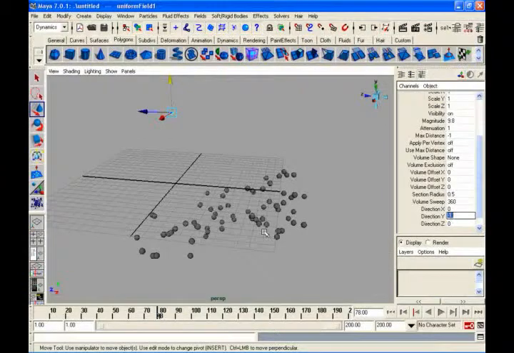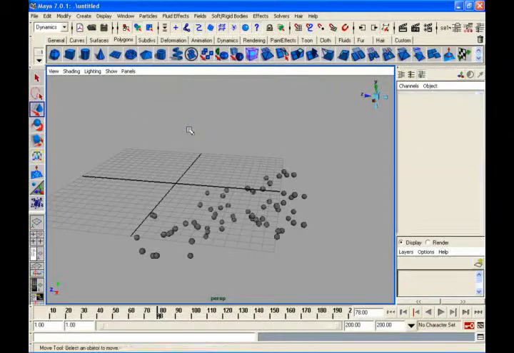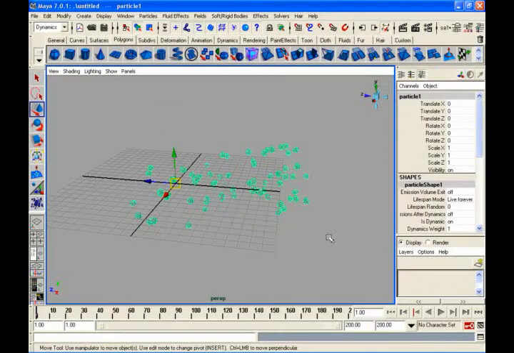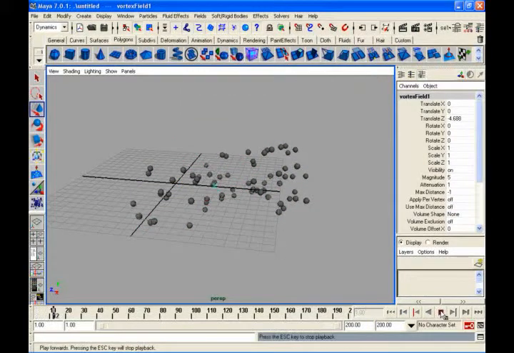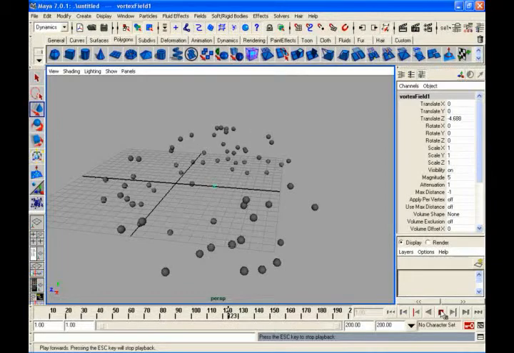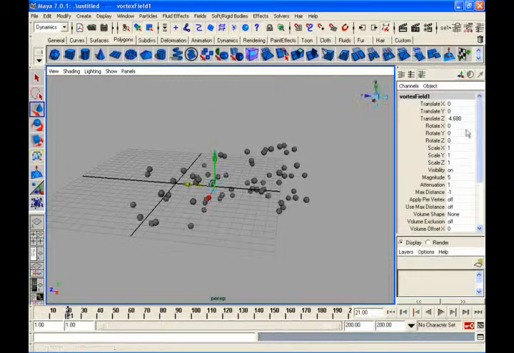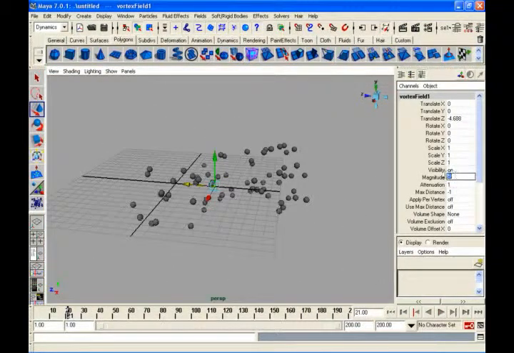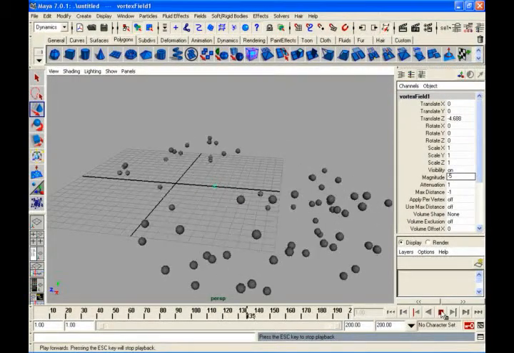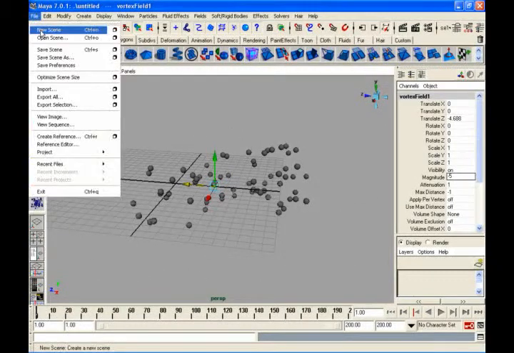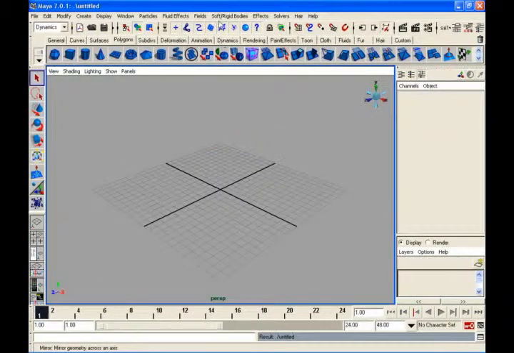Vortex field will rotate your particles round like a twister. Reverse you want to do, just enter a -5 value. Automatically what it does, reverse rotation it will do. This side it will do, clockwise, anti-clockwise. So that closes your fields. So these are the major fields. Volume axis we will talk when we talk about volume. This is a totally different concept. So those are the things.